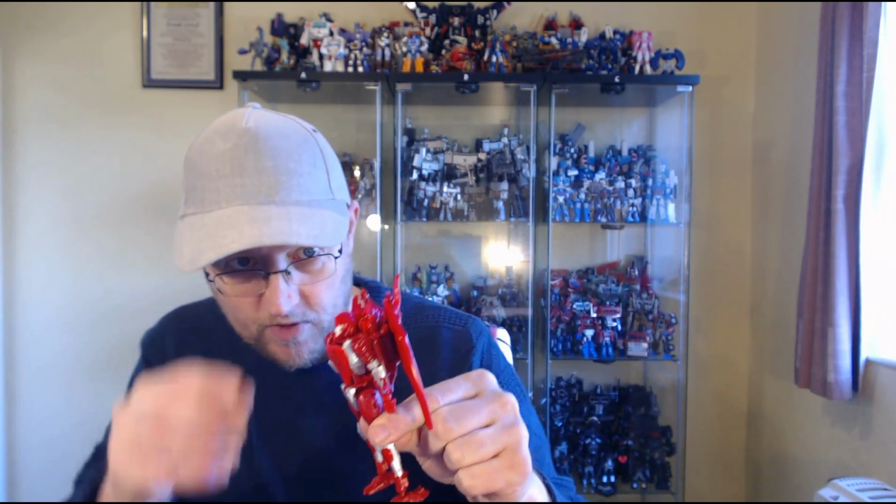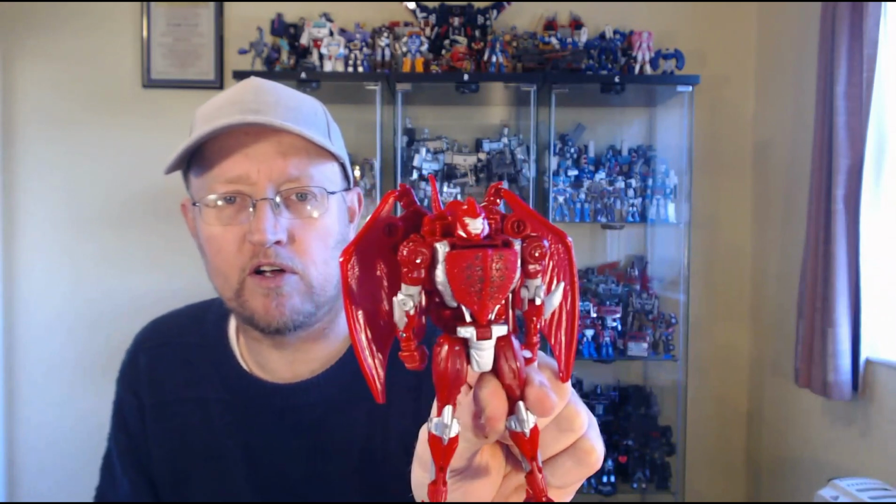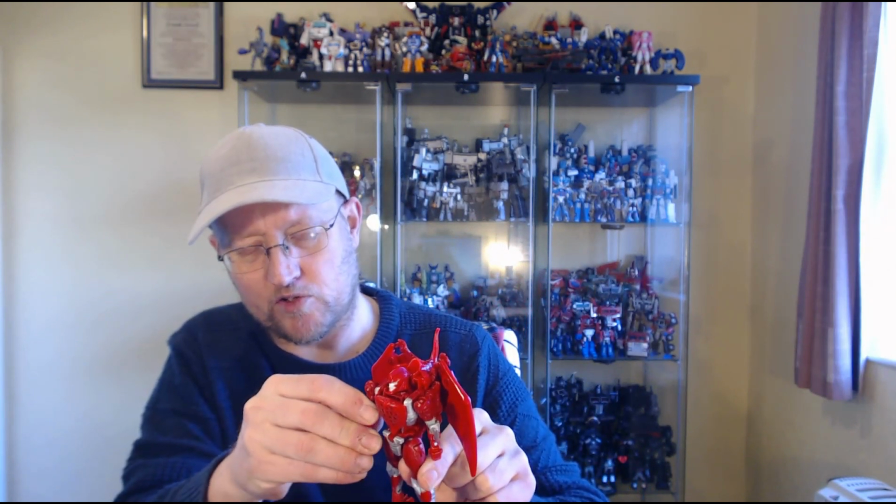I wanted to get it because I wanted to go with my Kingdom Predacons. I wanted to get an updated Terrorsaur, and that's what this is. Now in robot mode, he looks all right. He's got a very atypical smirking face like Terrorsaur does, because Terrorsaur in Beast Wars was basically the Starscream character. He was always trying to usurp Megatron, and even though there was that episode in season 1, the possession episode where the ghost of Starscream possessed Waspinator, but anyway, Terrorsaur, he's basically a heavy retool repaint of the Air Razor mold, which sort of works, but